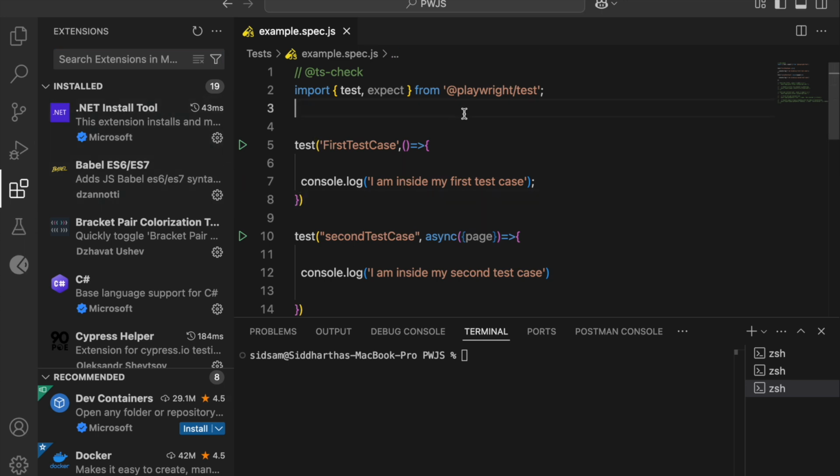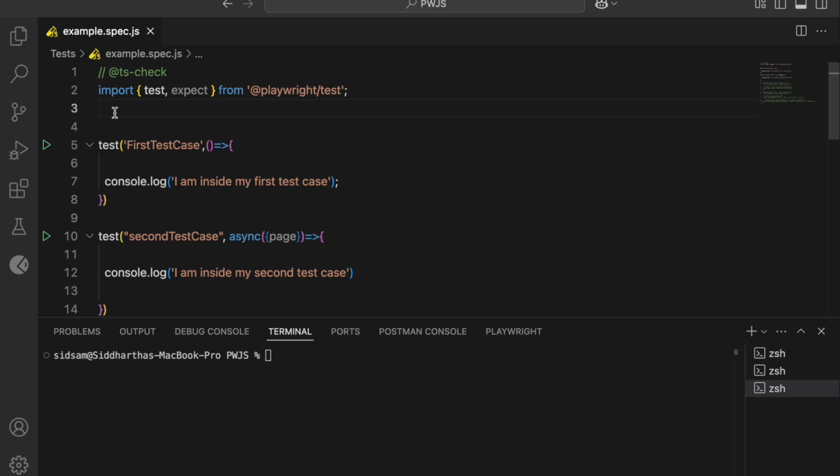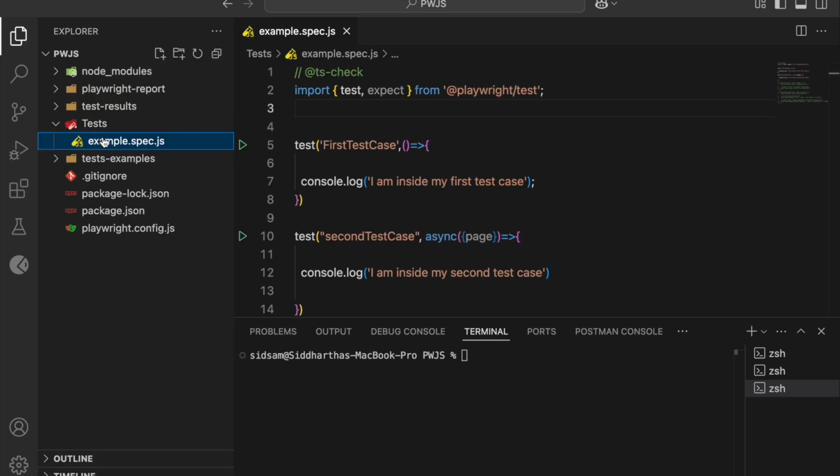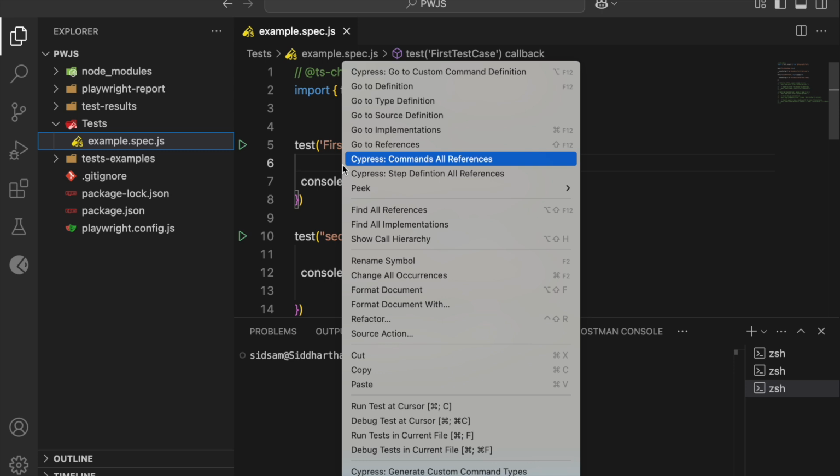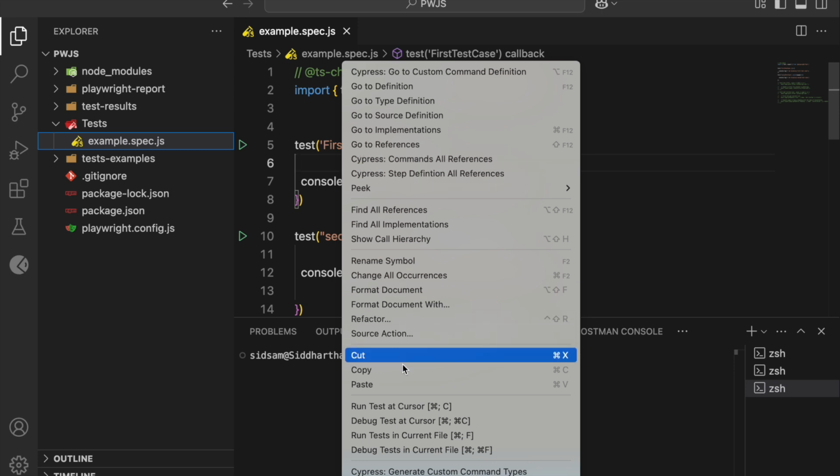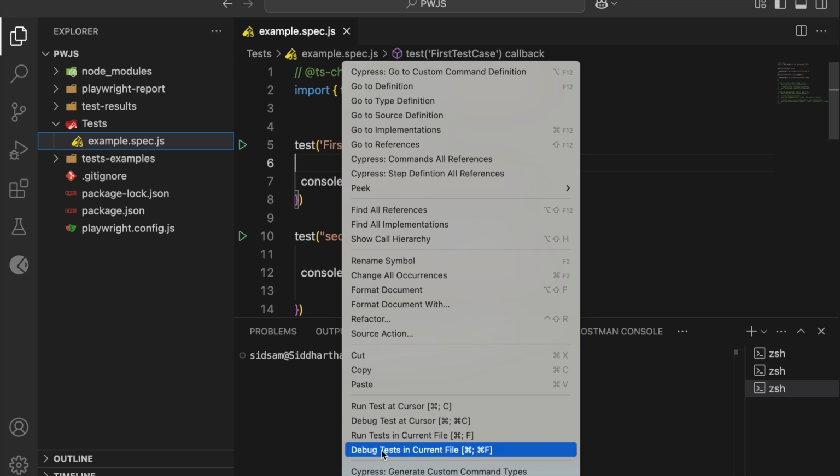So the first thing I will click on yes. This is the workspace. You can see here, this is our file which contains our test cases. You go to this extension, this is the testing icon, or you right click here and you will see debug test at cursor, run test at cursor, run tests in current file, debug test in